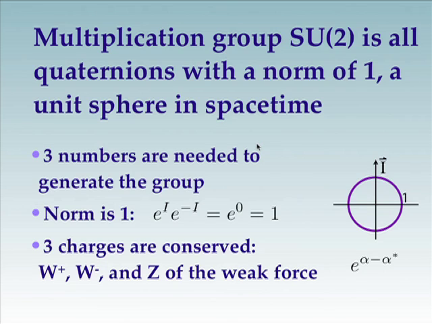And you actually need 3 numbers to generate this group. And if you ask, but why is that? That's when you start to get into graduate school group theory about why it really is 3. It's not hard math. I think it's n squared minus 1. But they can talk about that for a while. So, but then 3 charges are conserved: W plus, W minus, and Z. Okay,